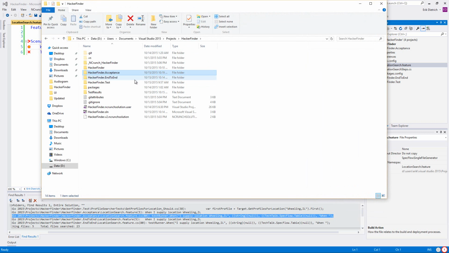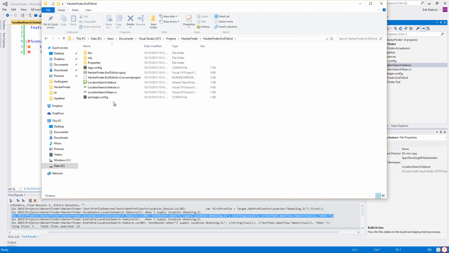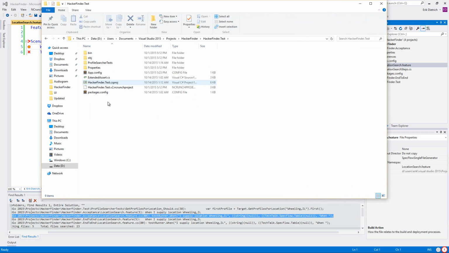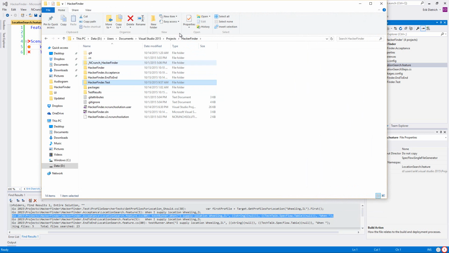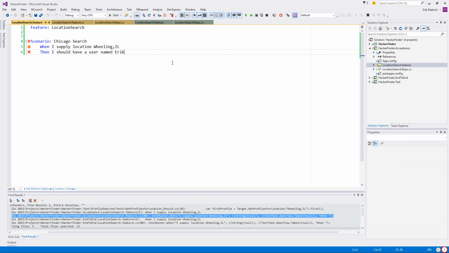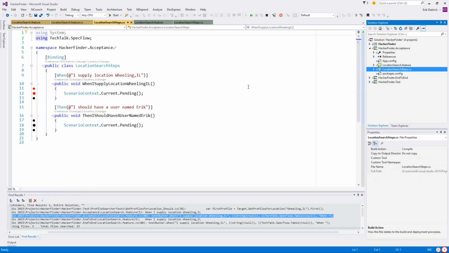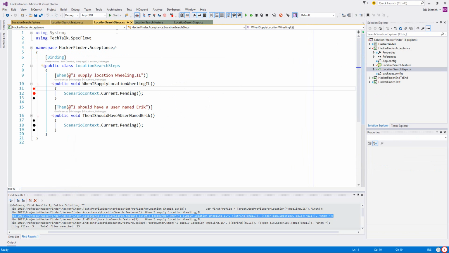So when I do my courses for Pluralsight, this is the kind of stuff that I edit out. I don't see it here. Maybe Visual Studio is like weirdly out of sync with... Okay, I'm going to stop chasing after this because it's just not that important. Location search steps. Okay, now let me close everything.